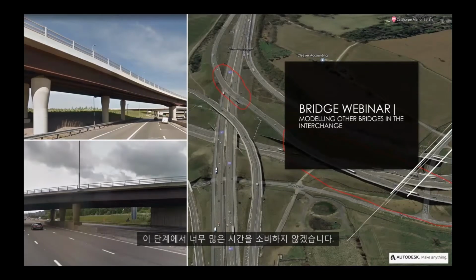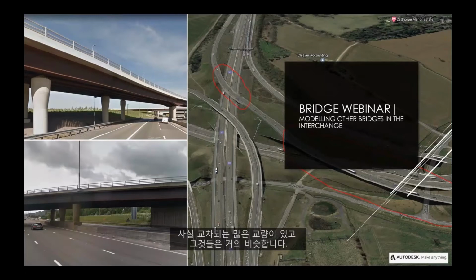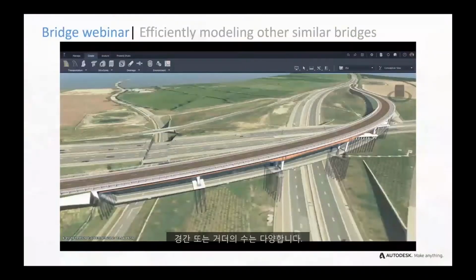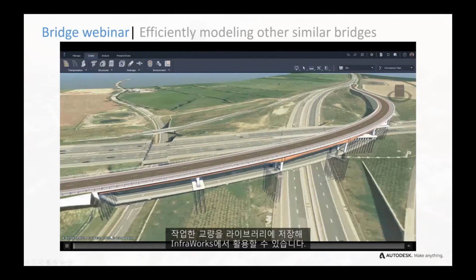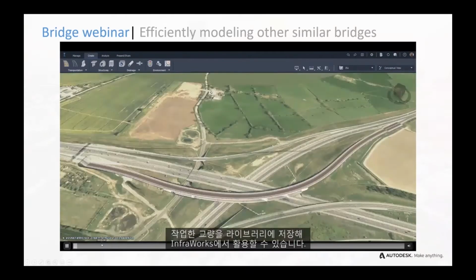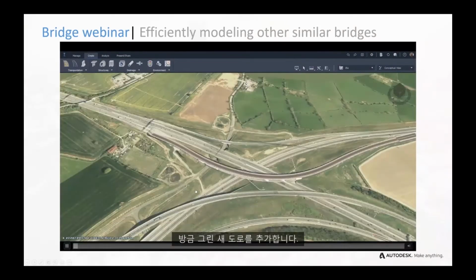And I'm not going to spend too much time here, but the final thing to show is, on the real project, we saw that bridge, but really there are many bridges in that interchange which are very similar. They have a different number of spans or girders. And we can leverage that from Infraworks. We can simply save the bridge that we just did to a library, and we're going to add a new